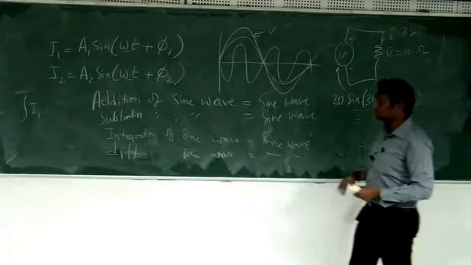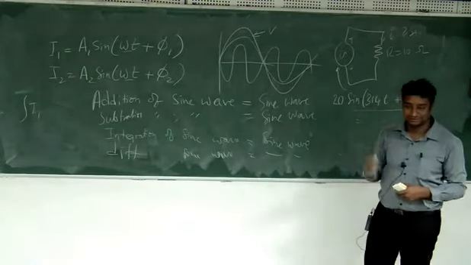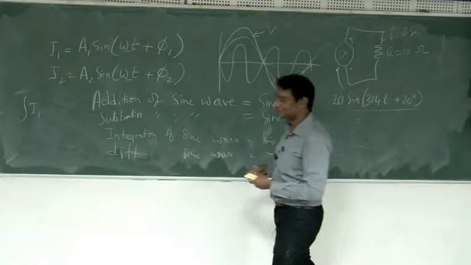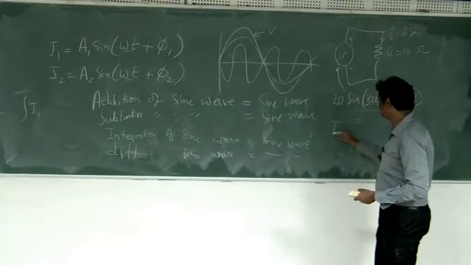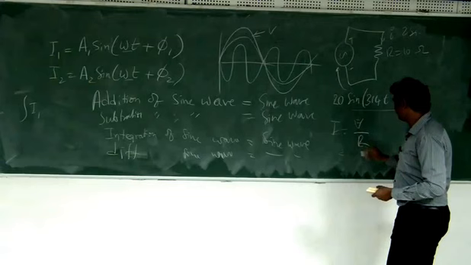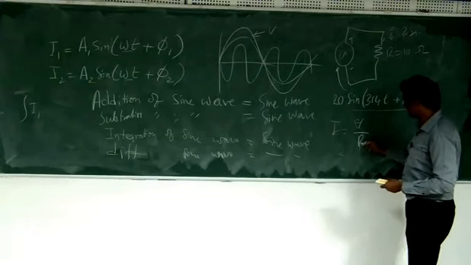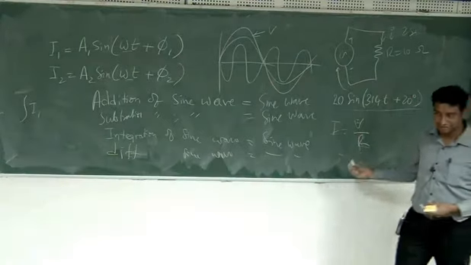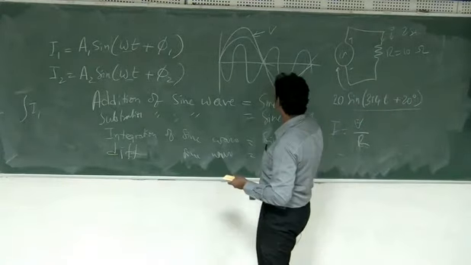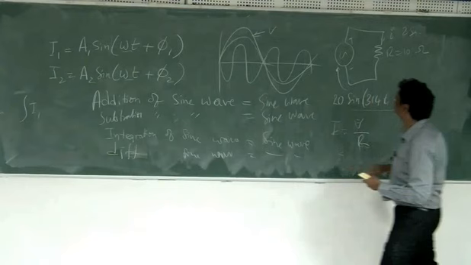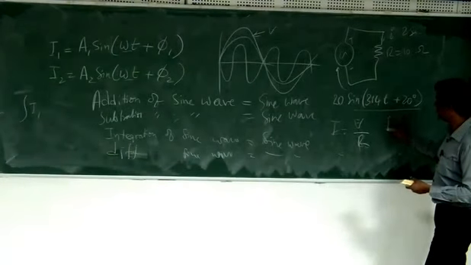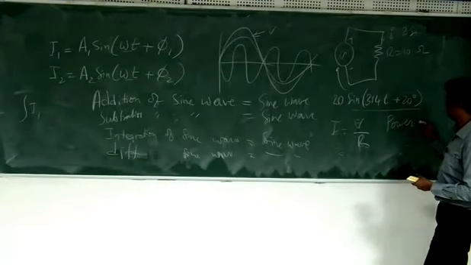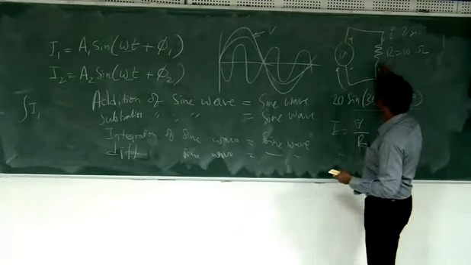So that's why there is no problem of division by 0. I equal to V by R. If V becomes 0, then whatever value of R, I also becomes 0, and then you will get something like this. Now I can ask the question, what is power? Power consumed by this resistance.